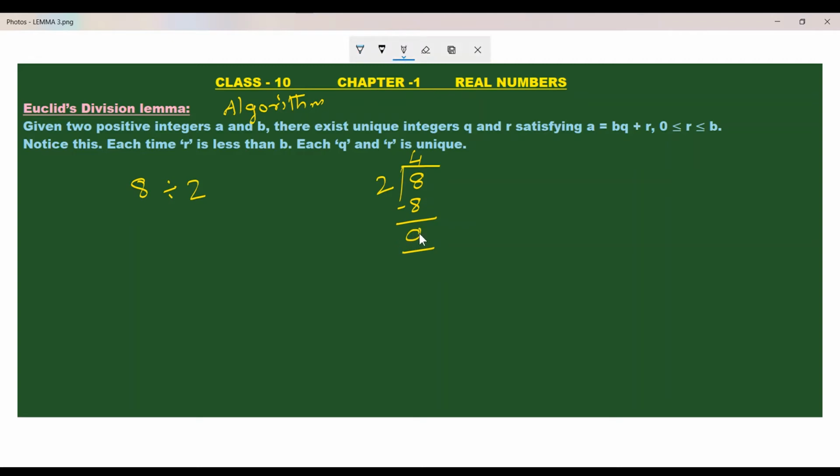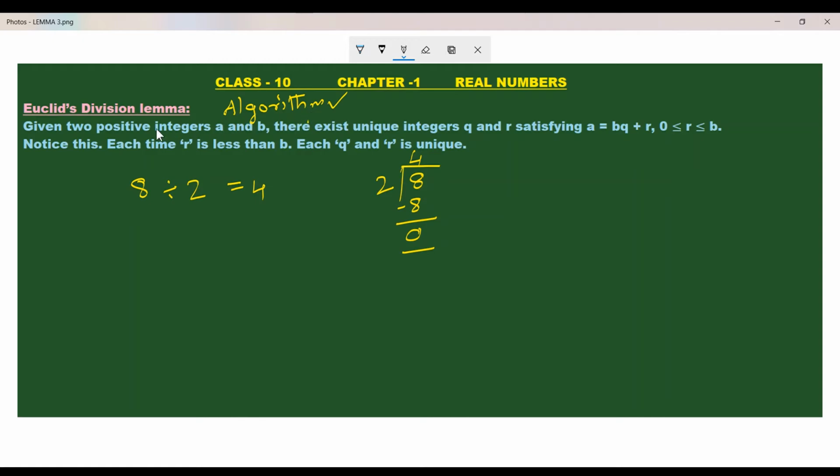If you got the remainder 0, we can't do further division, isn't it? So 8 divided by 2 is equivalent to 4. To do this division work, we have followed some steps. Those steps we call an algorithm. Similarly, we follow some steps to multiply two numbers, or to add any two fractions like this. So now you are clear about algorithm, I think.